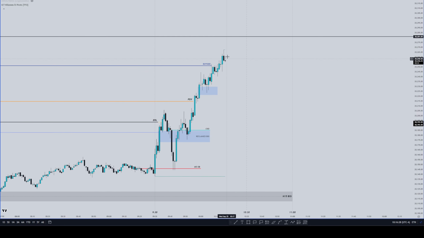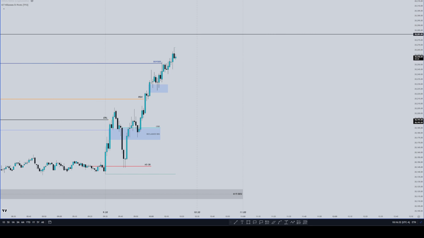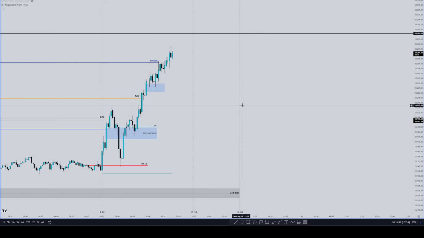Okay, so as we continue to slow grind up here, I'll talk about Maddie's question a little bit more in depth. So time distortion is consolidation, at least in my mind. Same thing. Sometimes time distortion is basically where you have a draw on liquidity. It's supposed to be met at a specific time, but it takes longer than expected, and we consolidate normally to